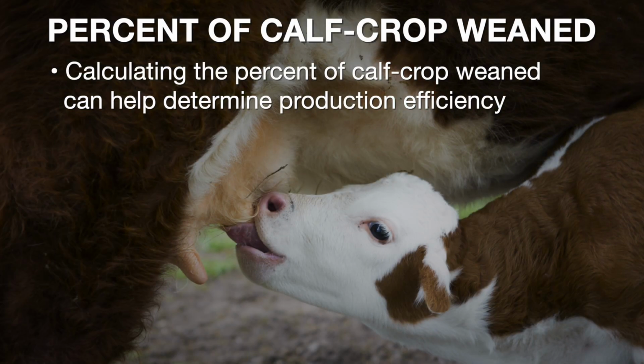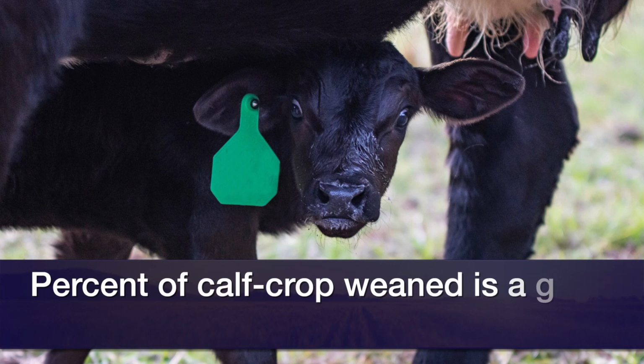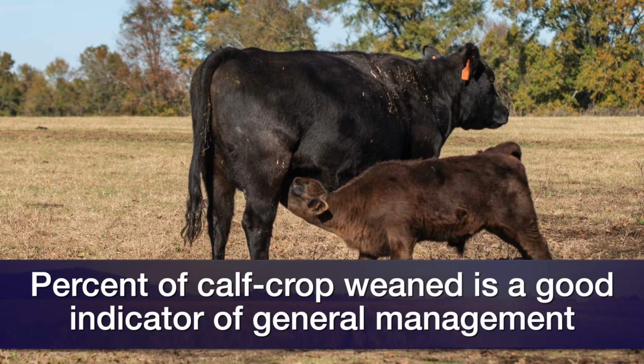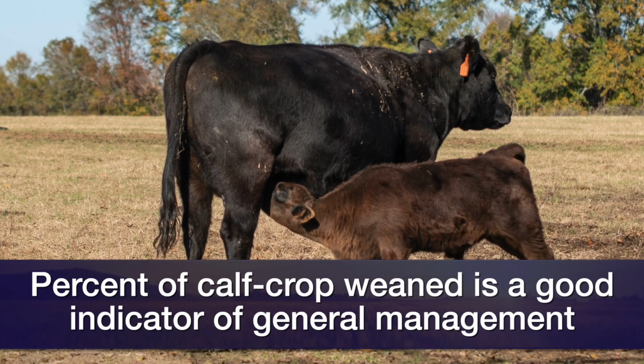Another number to look at is our percent calf crop weaned. It is a good index of overall herd productivity. It actually takes into account those first couple of calculations I addressed, because not only is fertility and how many cows got pregnant, but also how many calves were born and how many of those actually survived to weaning, all fitting into this percent calf crop weaned. Typically, percent calf crop weaned is indicative that we're doing a lot of things right in terms of cow herd management, genetics, and nutrition, leading to weaning off healthy calves and getting cows to do that within a